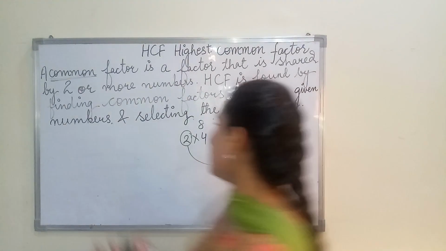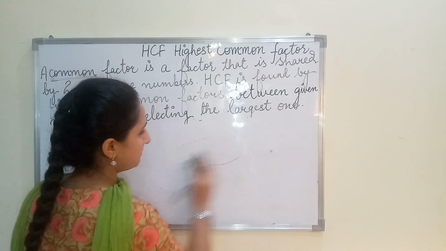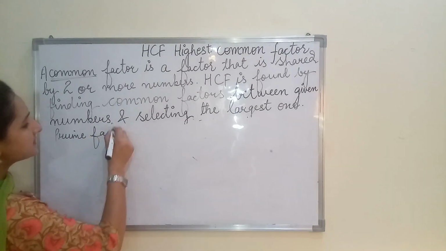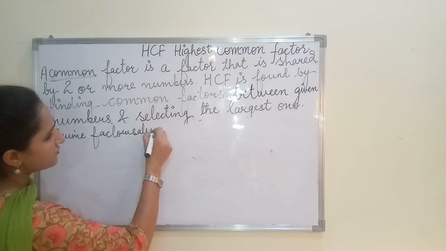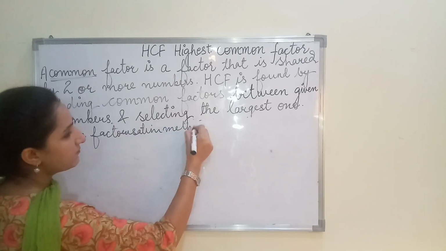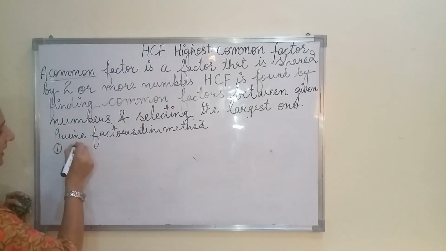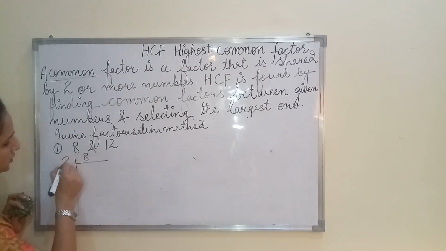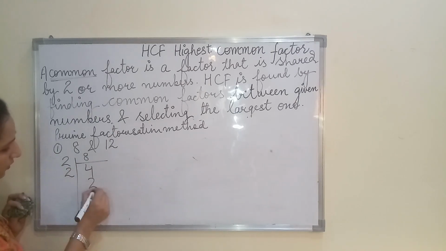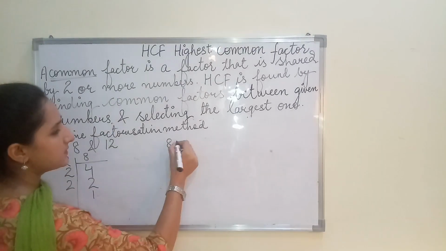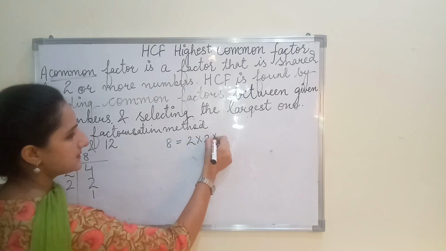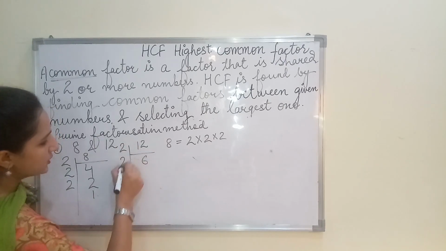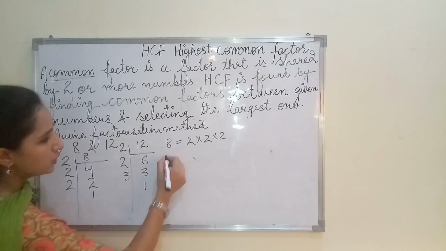So let's move further. Start with prime factorization method. We can discuss each method individually. In prime factorization method, let's take an example of 8 and 12. Fine. तो आपको पहले prime factorization करना है. 2 4s are 8, 2 2s are 4 and 2 1s are 2. So 8 का जो prime factorization निकला, that is this. Now you have to do the prime factorization of 12, like 2 6s are 12, 2 3s are 6 and 3 1s are 3. So 12 का क्या निकला?